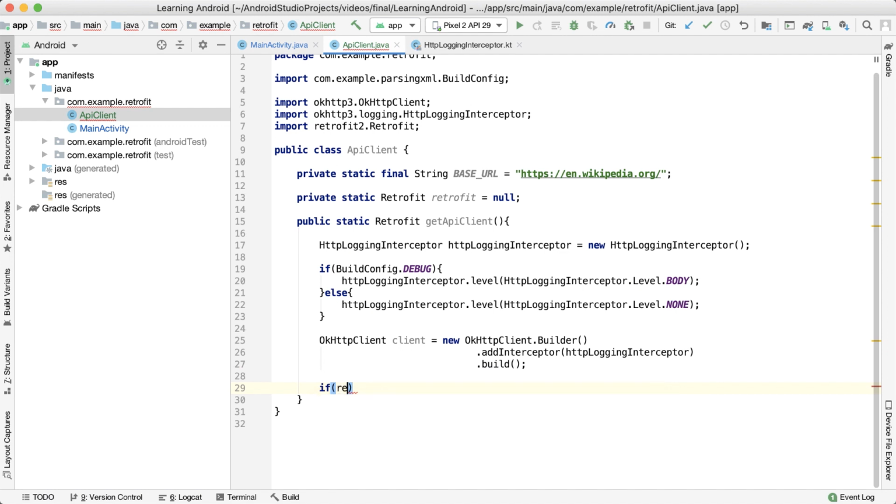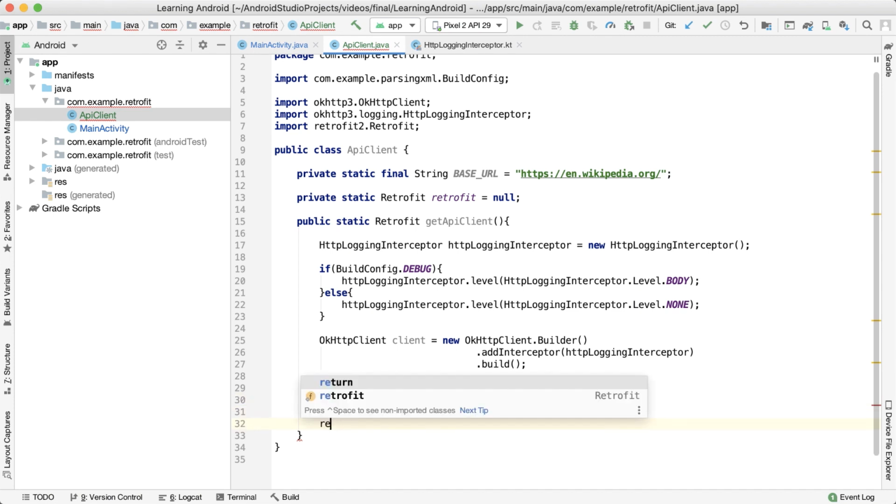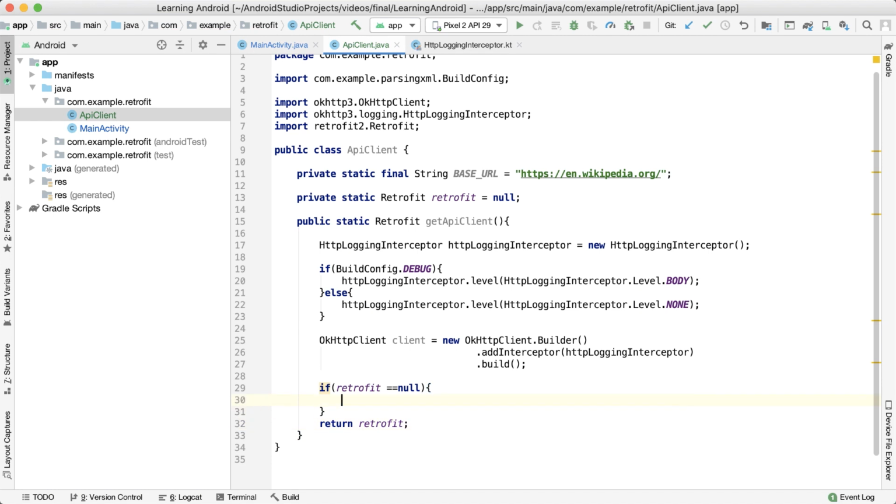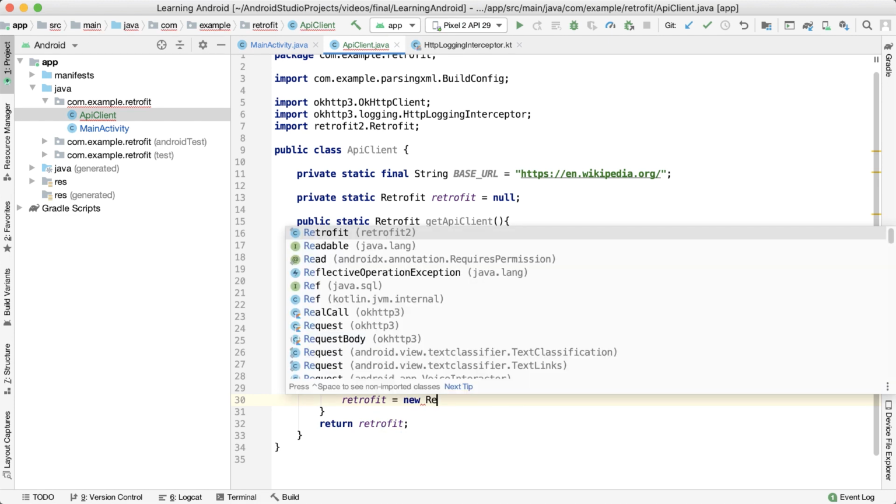And then we're going to check if our Retrofit instance is null. Only then are we going to create our Retrofit instance. Otherwise, we're going to directly return our Retrofit instance like this. So whenever our Retrofit is null, that is, for the first time, we want to create the Retrofit instance like this. So new Retrofit.Builder